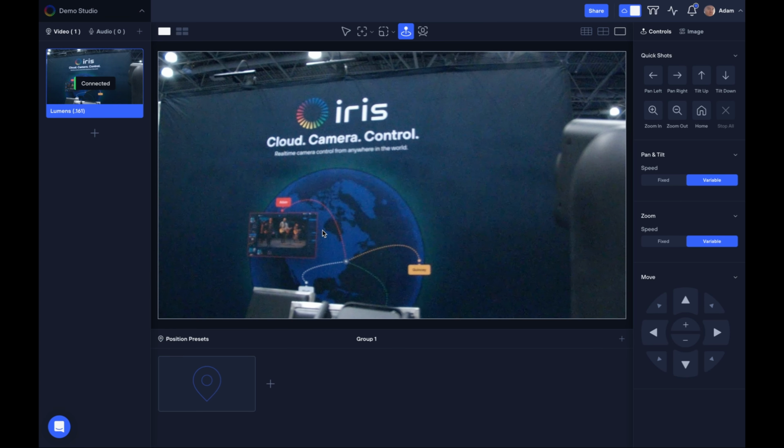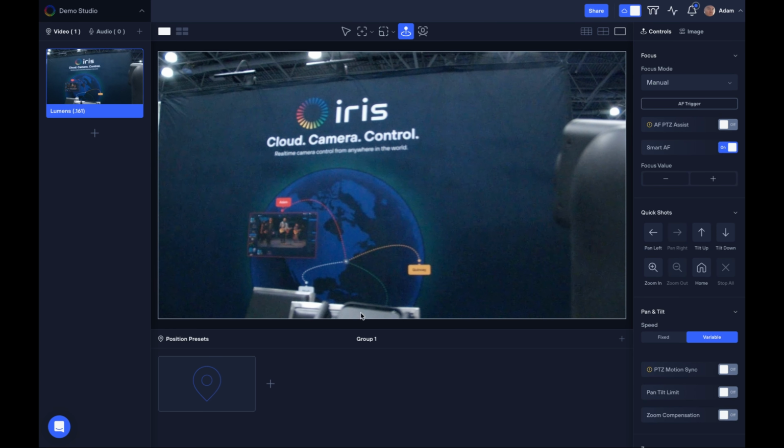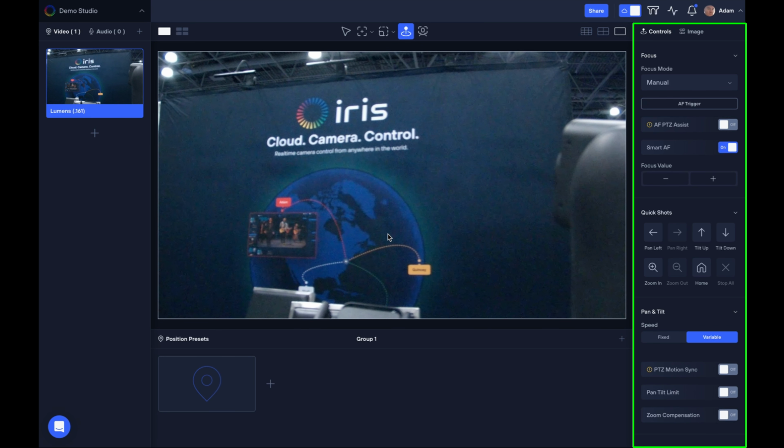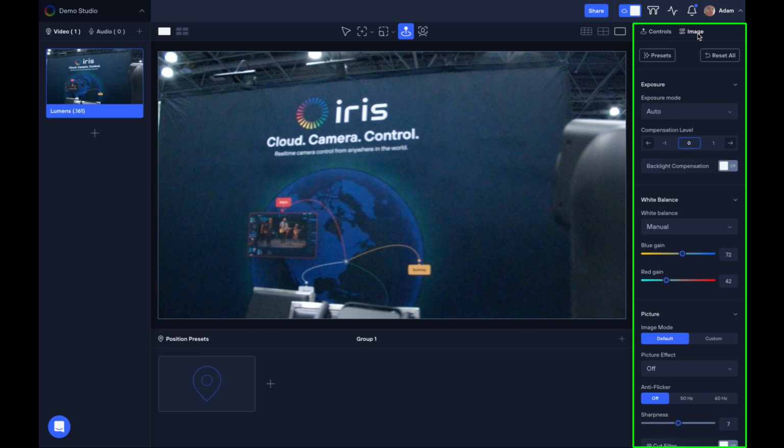Now that you have a source added to your studio, let me give you a quick tour. In the center, you will find the canvas where you can see your video sources. On the right, you can access your camera's focus, speed settings in the control tray. And in the next tab is the image tray, where you can access the exposure, white balance, and other image